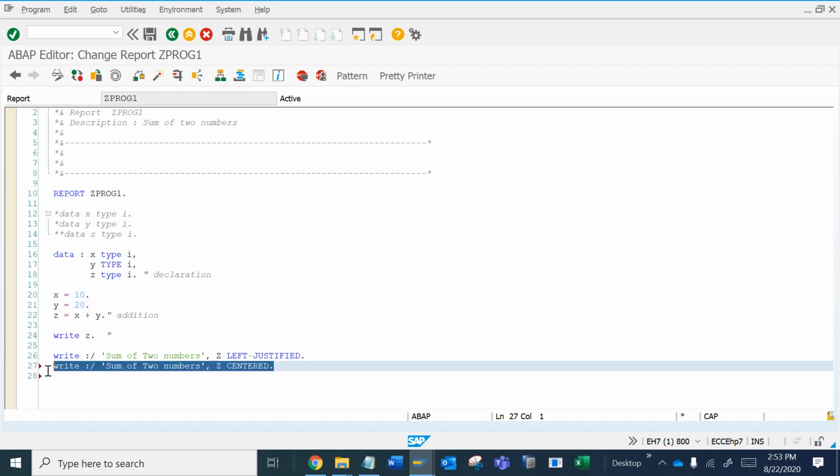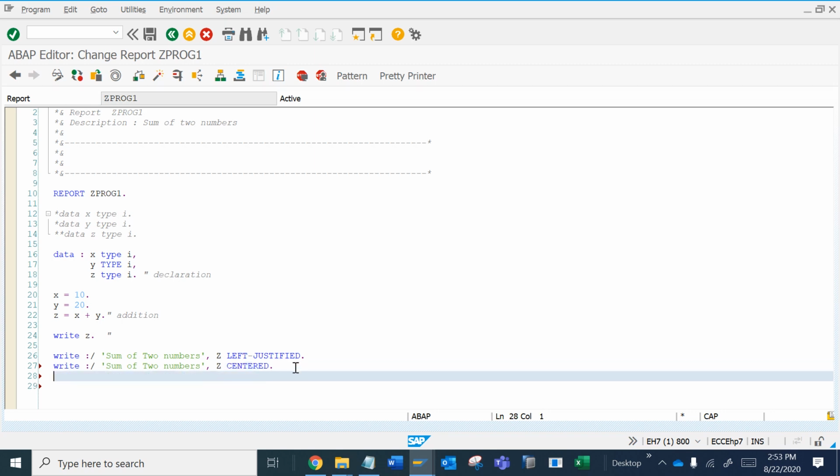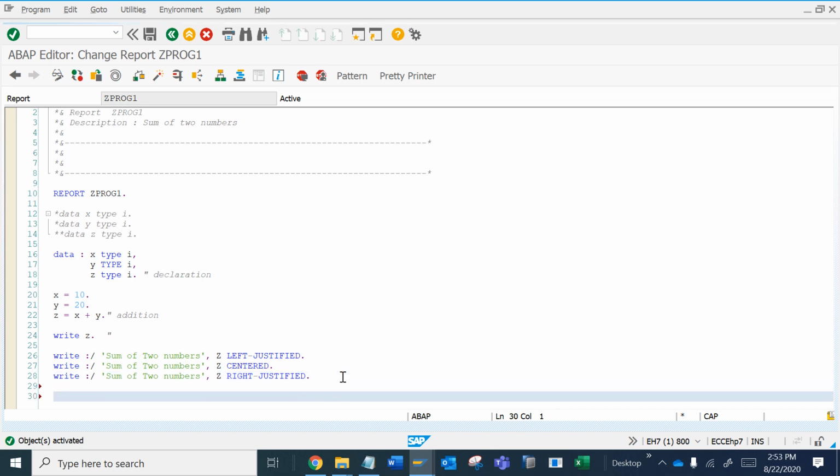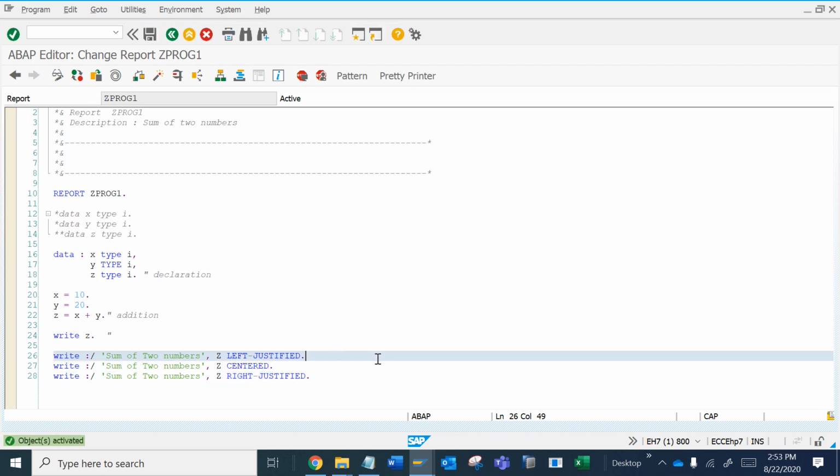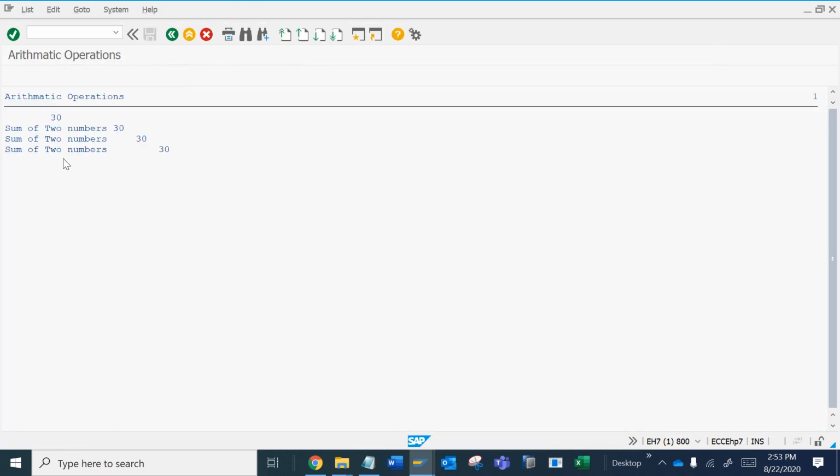If you want to do it as right justified, that can also be achieved. Let's add some comments to make it readable. Let's check this output. See, it is left justified, center justified and right justified.